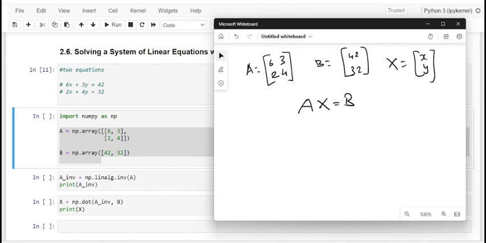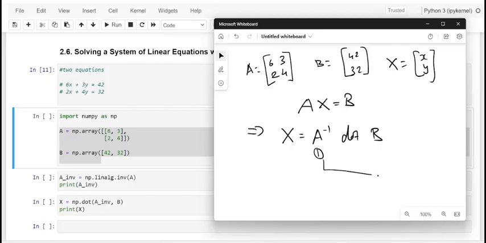And to find the values of the unknown variables x and y, you have to convert the equation. Kindly observe here, dear friends. We want to identify this exact value, so we have to invert the matrix A and take the dot product with B. First of all, we have to take the inverse of matrix A. This is the first step, and then take its dot product with the matrix B.